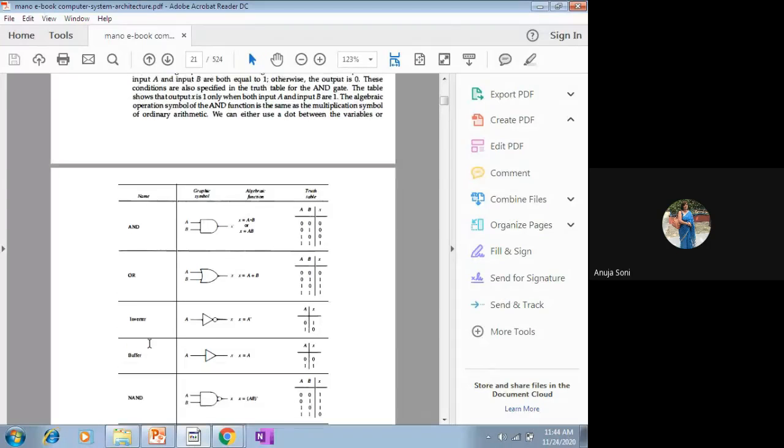All these are names, and how these work, the explanation is given on the right hand side. The graphical symbol corresponding to the AND gate is this. All these are the hardware units installed within the logical chips imbibed in your computer system, in your CPU. And now the AND gate, what is the graphical symbol of the AND gate?